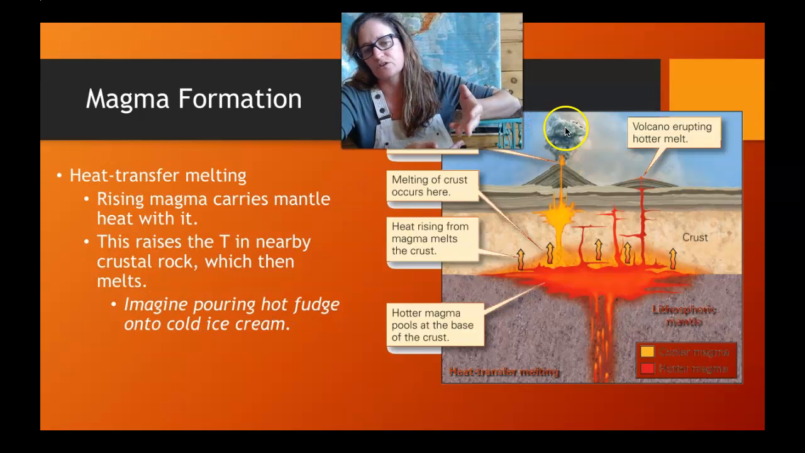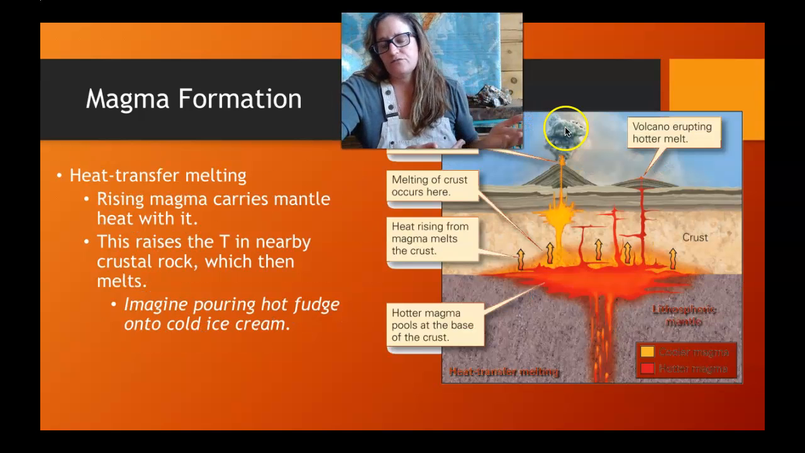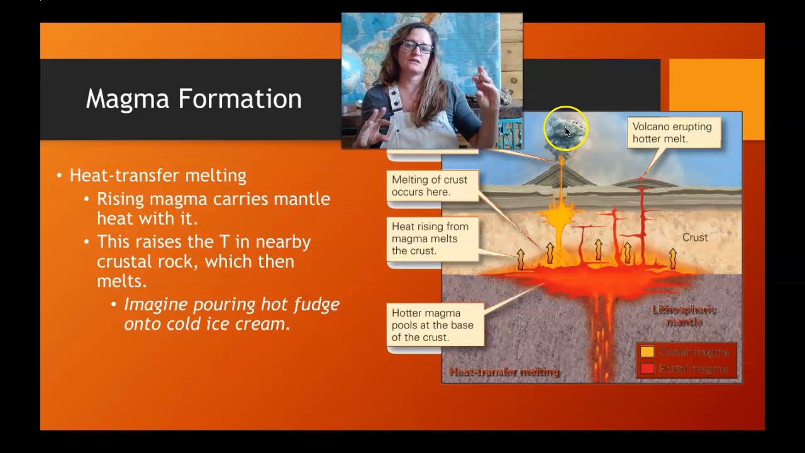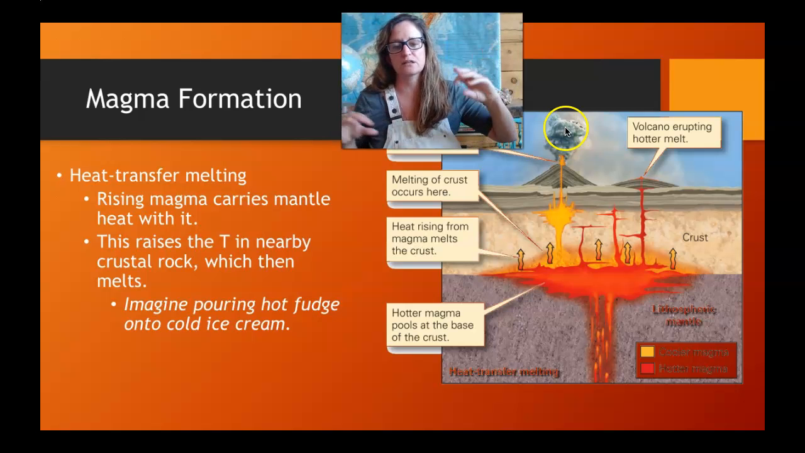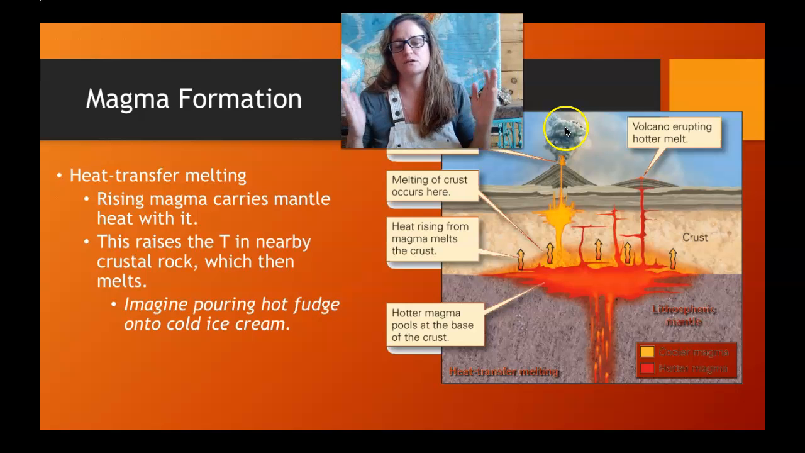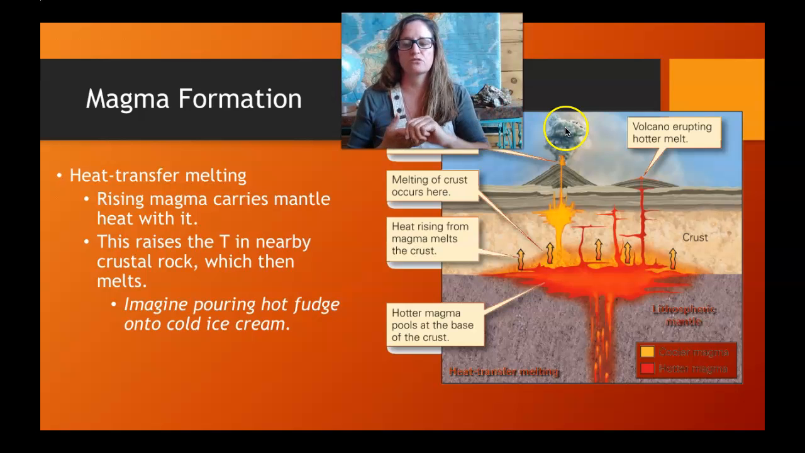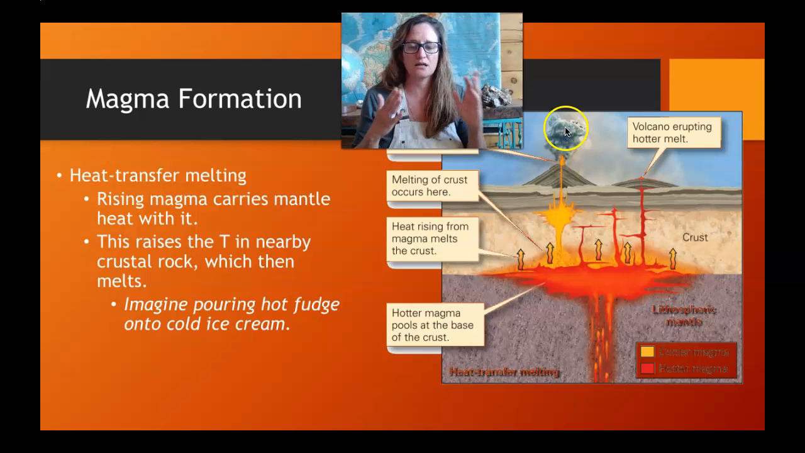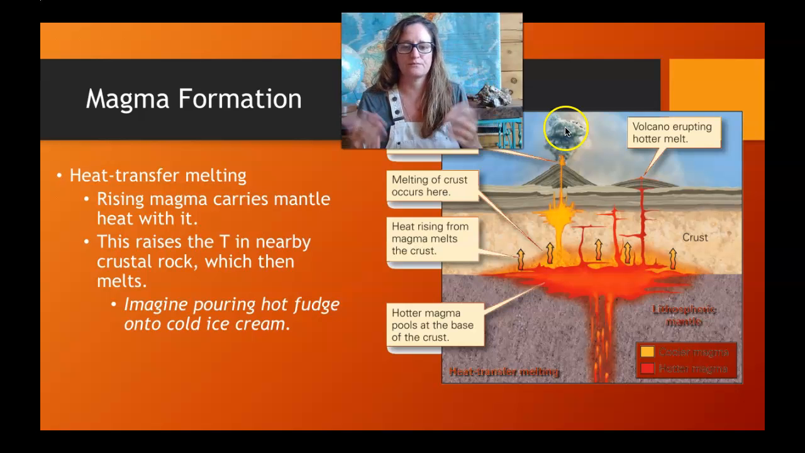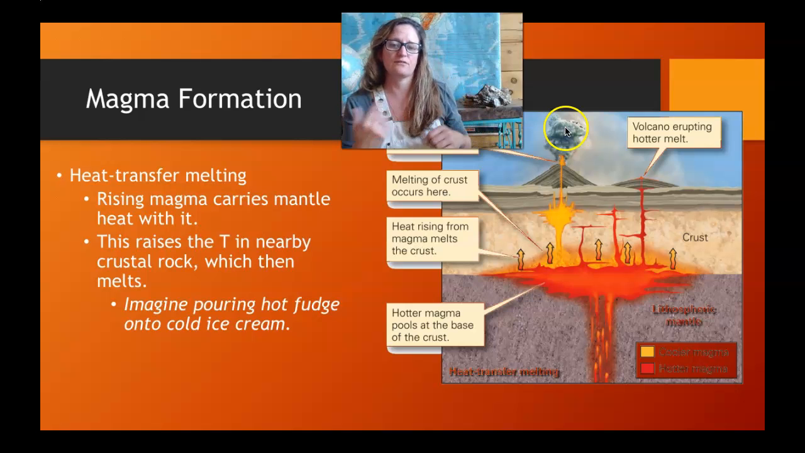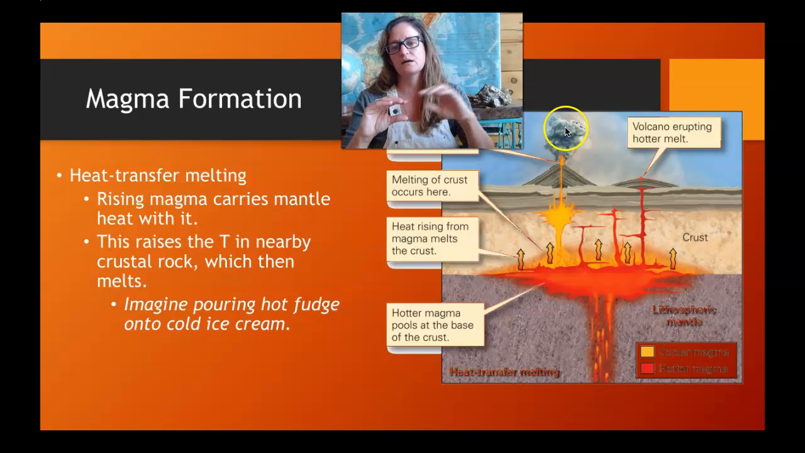We can also transfer heat from one magma to another and start to partially melt the crust around, say, a mantle plume. So rising magma is going to carry that mantle heat with it. The crustal rock around it is going to get hot enough to melt, and then it generates magma. So here we have some mantle plume coming up, melting some of that country rock or crustal rock, and then generating